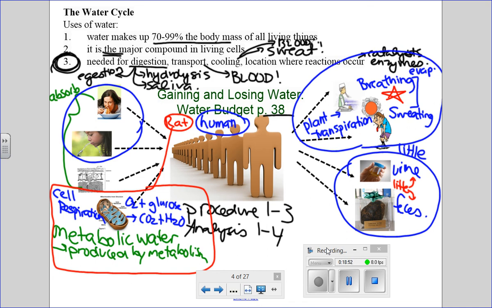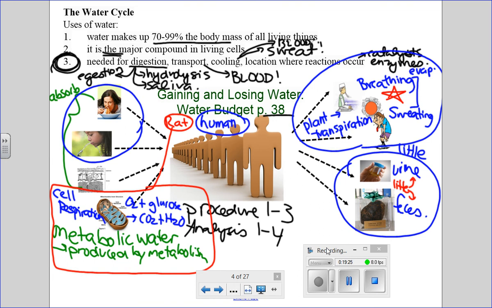So if you take a look, our evaporation number is 800 of the 1900 total, and then urine and feces together are just a little bit more than that. So even though we lose a little bit in our feces, a lot in our urine, it's pretty even for the two of them, where with the kangaroo rat, there's a huge difference. They lose a ton of water to evaporation and only a little tiny bit of water to the urine and to the feces.